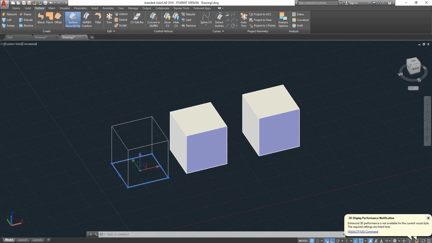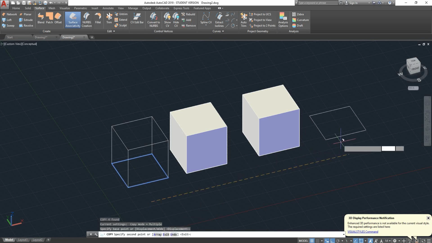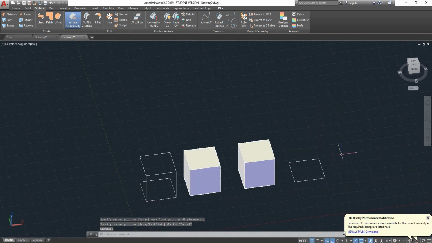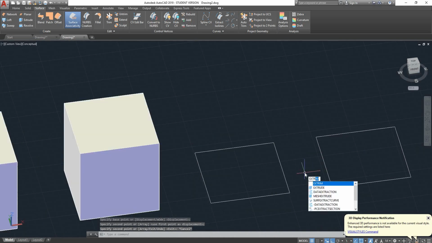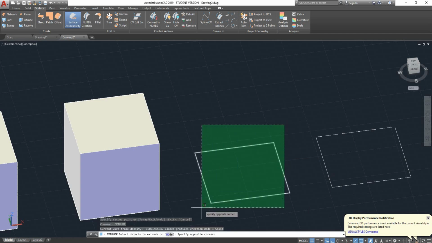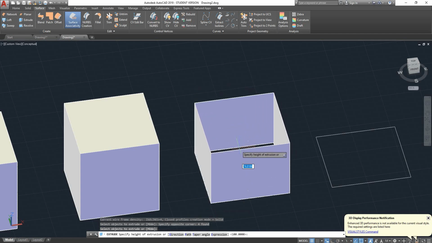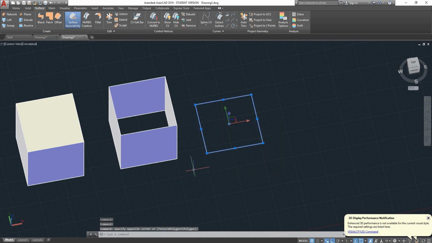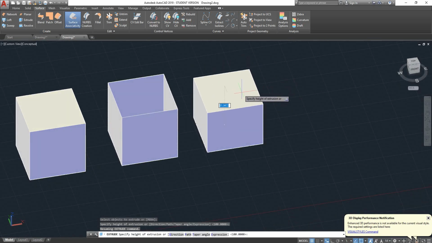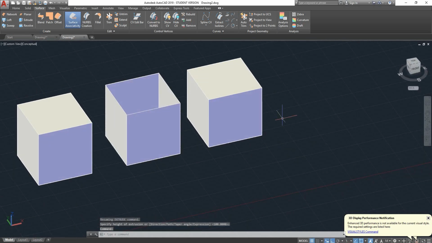So I'll show you something else. If I copy all of this, and I'll copy it once again. So if I try to extrude these lines, if I highlight it and then I hit enter, you can see it's extruding them as a surface because the lines are separate individual entities. However, if I join all of my lines before, and now hit extrude, oh sorry, I erased it, ext, the command for extrude, press enter. Now as you can see, it's extruding as a solid because I joined the lines before. So it's not extruding 4 lines, it's extruding all the area